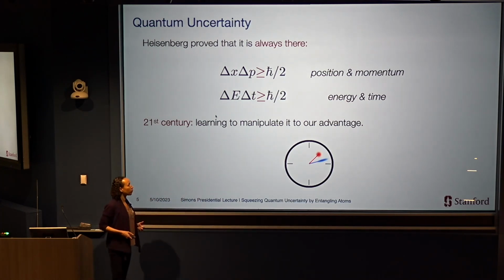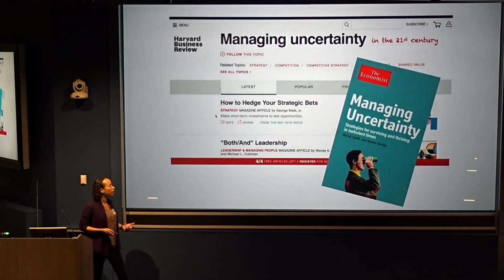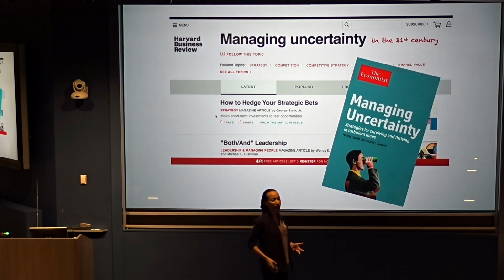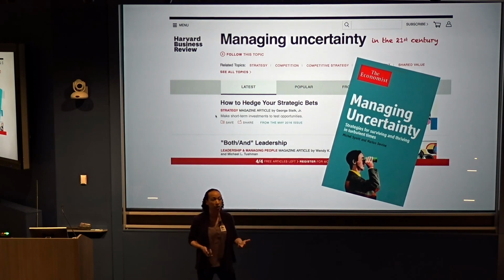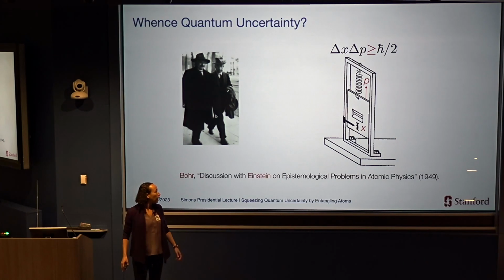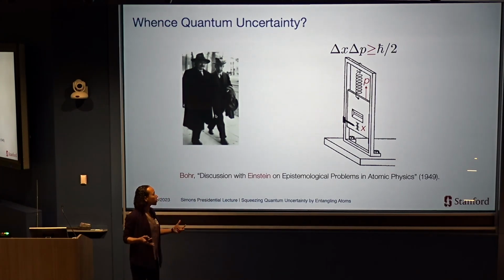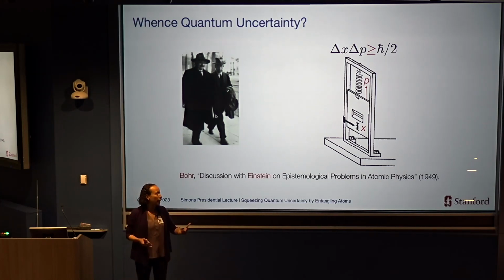So, if you'd like to learn to manage this uncertainty, it turns out that managing uncertainty is something one deals with in all walks of life. But in physics, when dealing with quantum uncertainty, physicists like to really understand the microscopic origins of the uncertainty. There's a beautiful set of letters written back in the 1940s between Albert Einstein and Niels Bohr, where they were grappling with this concept of quantum uncertainty. It popped out of the equations, but what's the physical mechanism behind it?